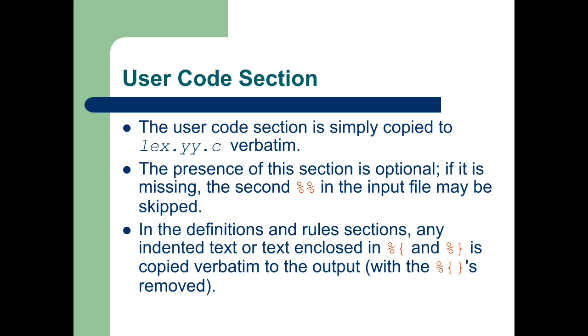Now next, the user code section or user section or auxiliary procedure. The auxiliary procedure is a user defined section, or we can say it is an optional section in a lexical program. So void main, or if you want to describe the yylex function, the yywrap function in a lexical program, or define or call any other subroutine or functions, we can describe them in the user code section.